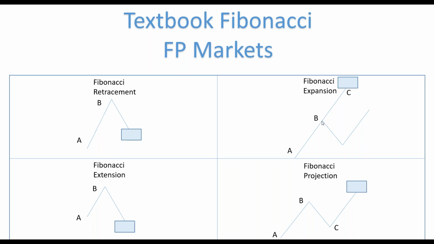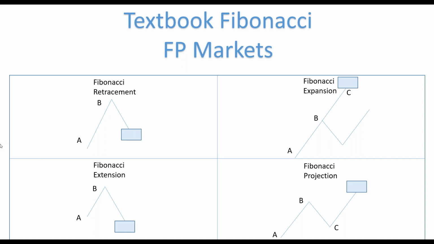A Fibonacci expansion tool essentially goes in the direction of the original price move before the retracement. So we do not necessarily need the retracement to form to plot a Fibonacci expansion tool. It projects probable price levels in the event of a continuation from point B. As I said, we do not necessarily need the retracement to project, I've got to be careful with my terminology here, project levels at point C. For me, I use the 1.272 fib expansions and the 1.618